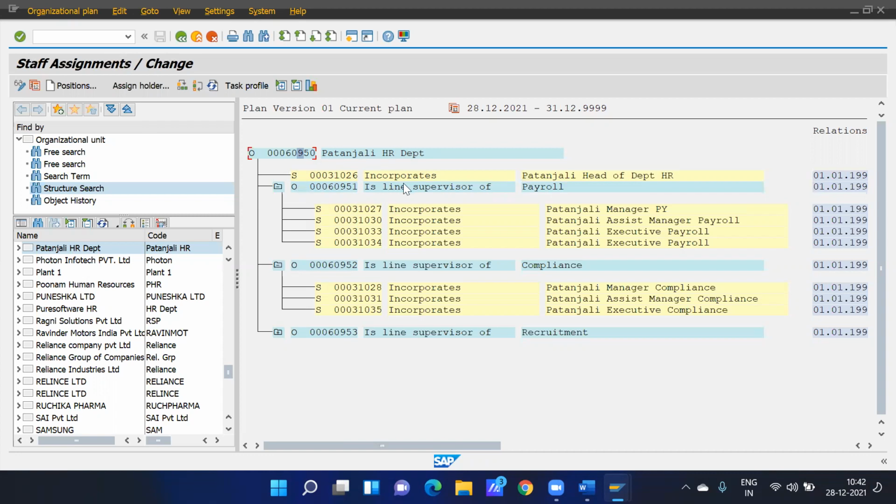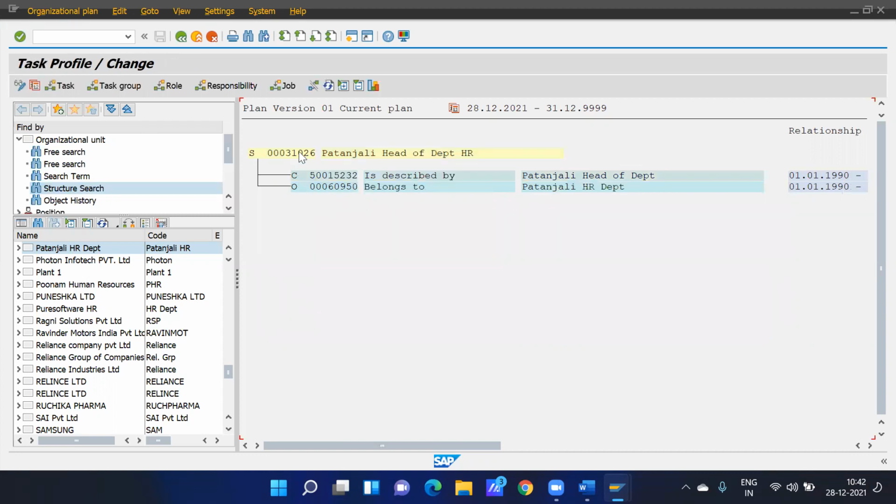Just because of this icon. If you see here, Patanjali, head of department, HR, this is the position. So just because of S, we know that it is a position. And if I click here, see, this position is derived from this job. So before going to that, you must be aware of the difference between job and position.